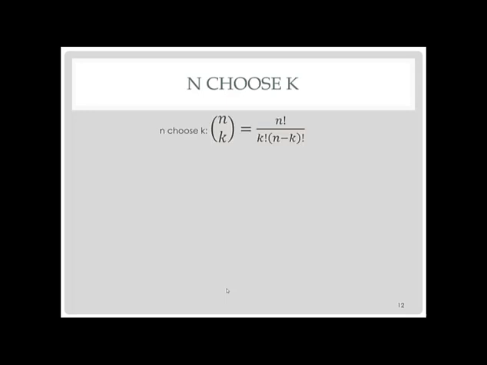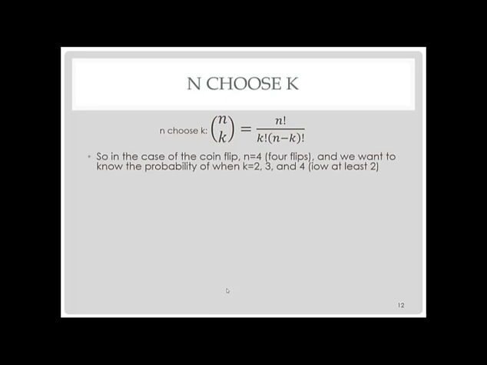So let's take that first chunk of the formula first and dig into that. N choose K. I write it this way, though there are a couple different ways you can write it. That equals N factorial over K factorial times N minus K factorial. If you're not fresh on your factorials, I recommend Googling factorial or going to the Stats Review site to check out factorial.